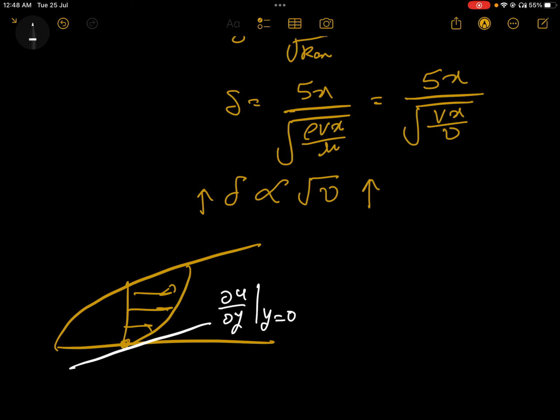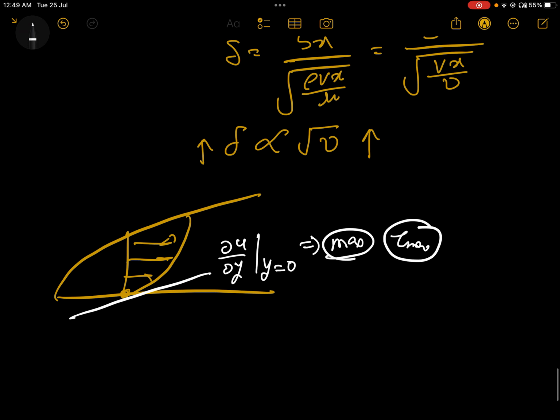Whatever it will be, it will be maximum because tau is maximum here. Shear stress is maximum here. So we will define this as tau wall, that is the local wall shear stress,